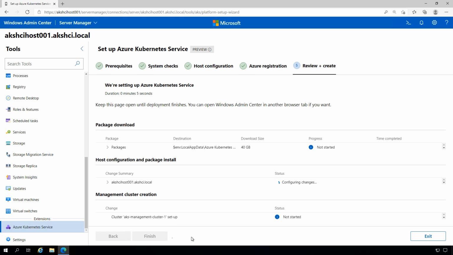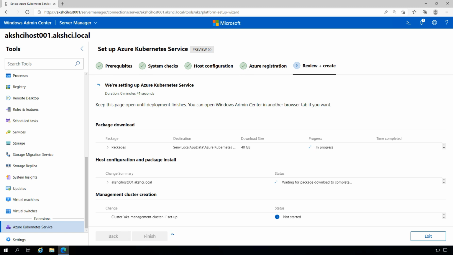So it's going to download the images, it's going to start initially installing the relevant modules and components, and then it's going to deploy that VM that we saw in the PowerShell example onto our Hyper-V host that we've got here. And that download is actually going to include both the Linux Mariner OS from Microsoft and the Windows Container Host image. So a slight difference, at least in this release, compared with the PowerShell approach, which only downloaded the Linux image. So you might find that the Windows Admin Center based approach does take a little bit longer because of that. It's a slightly larger file to download, but we orchestrate that whole process.